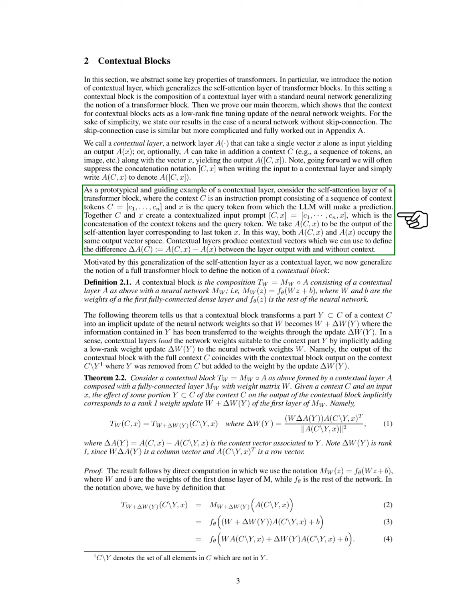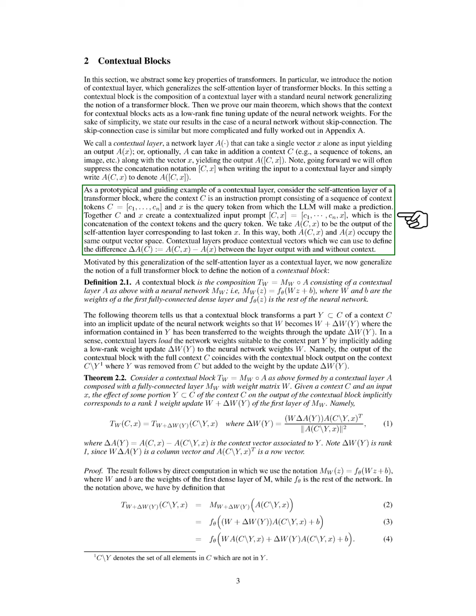When we consider a contextual block formed by a contextual layer and a fully connected layer, the effect of a portion of the context on the output corresponds to a specific weight update in the first layer. We show that this update is rank 1, meaning it can be represented as a column vector multiplied by a row vector. We conclude our proof through direct computation, confirming that the context vector relates to the outputs with and without the context.